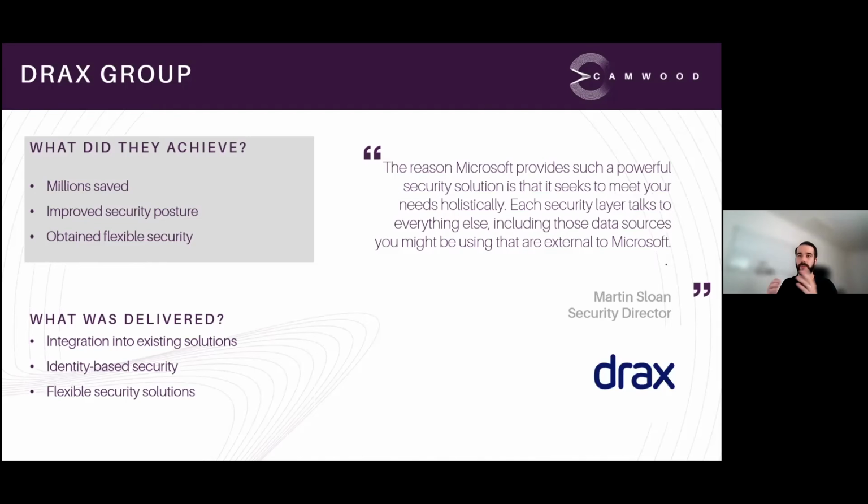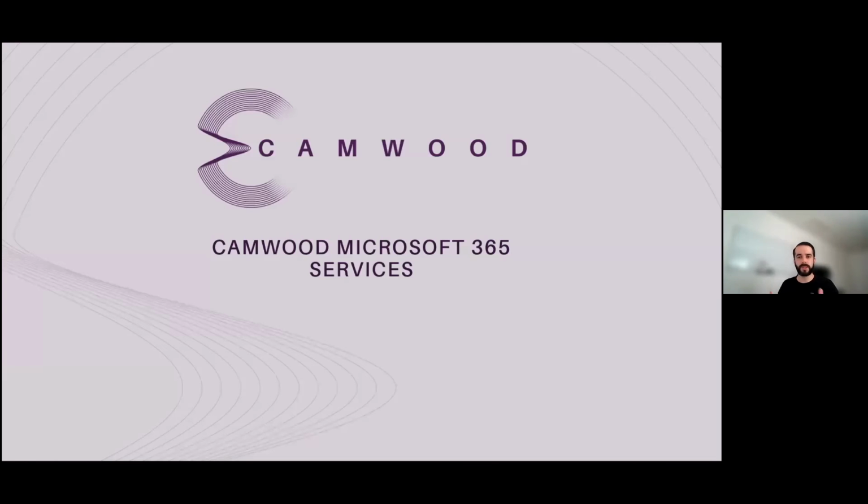So I suppose the key thing from the Drax Group is make use of the investment that you've made within Microsoft 365. Look at the solutions that are available out of the box from a security, from a compliance, from a collaboration point of view, and pull everything together to ensure that you're getting the most bang for your buck associated to the solution. And what I just wanted to finish up on and tie up together is